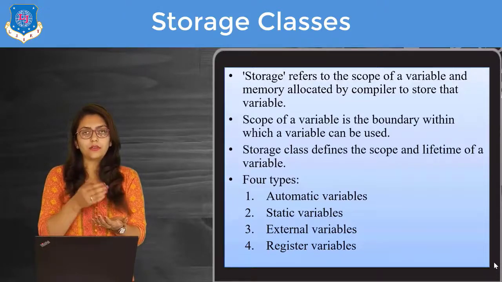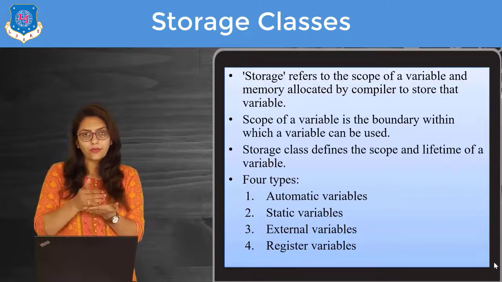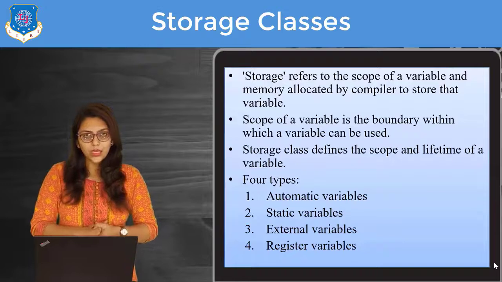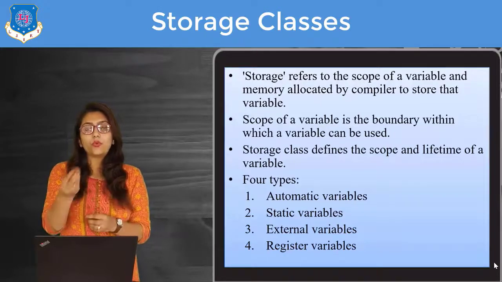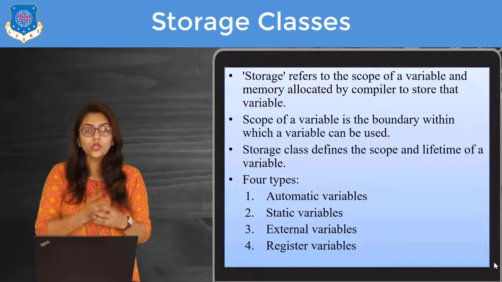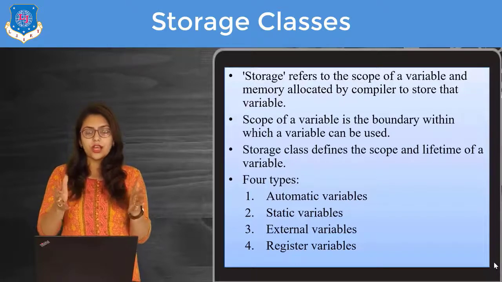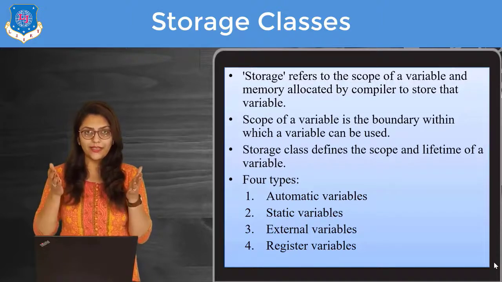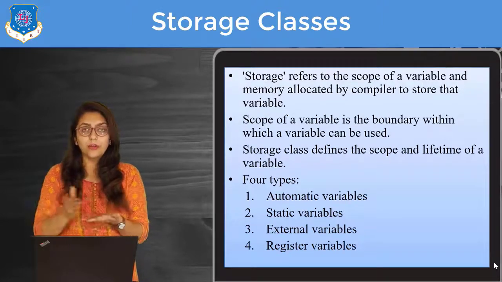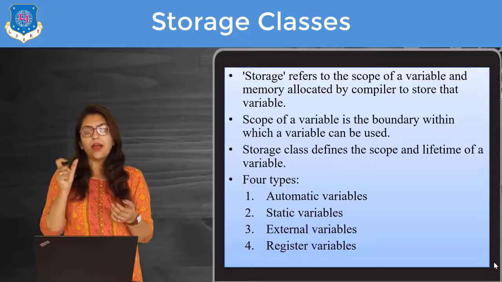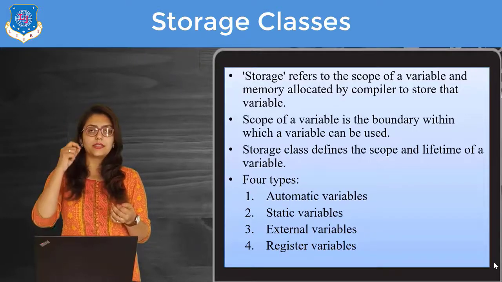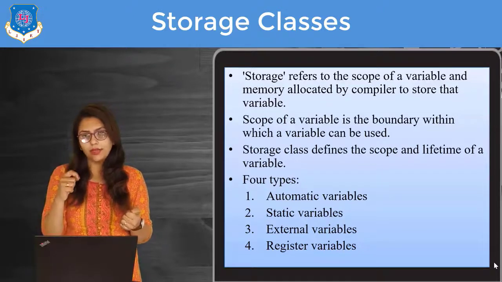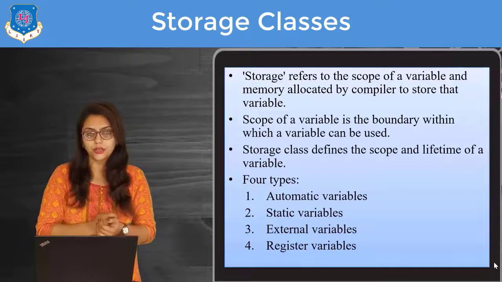Whenever we are declaring variables, there exists some life of that variable, that is, in which portion of the program this variable can be visible, right? It will be stored in some memory or some hardware. So we have storage classes which will tell us where exactly this variable is being stored and how long it will be visible, right? You know that if I am declaring a variable inside the main function, we cannot access that same variable inside any other functions, right?